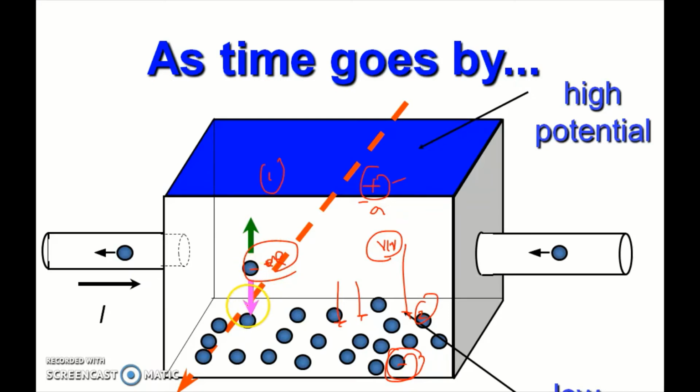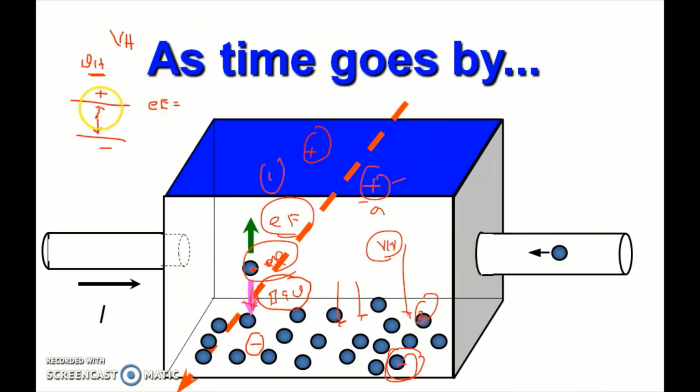So on this electron, two types of forces act. The downward force is BQV and the upward force is the electric force, E into Q. Whenever these two forces are equal, the electron stays exactly there; it does not move to the bottom side or to the top side. It maintains the equilibrium state. That is the condition of the equilibrium state: the force acting on the electron in the electric field, as we discussed in the previous video, equals the magnetic force, so EQ becomes equal to BQV.